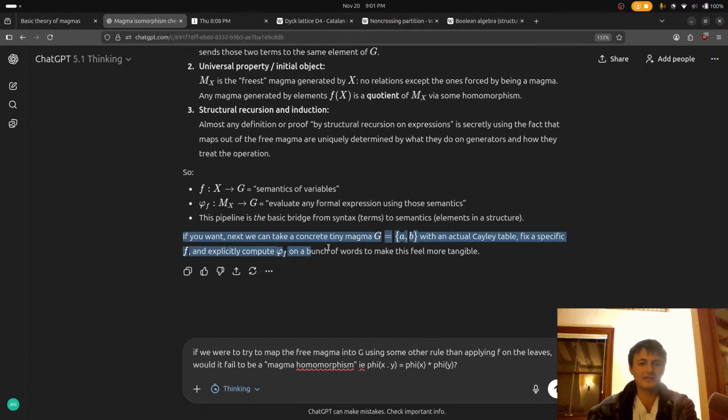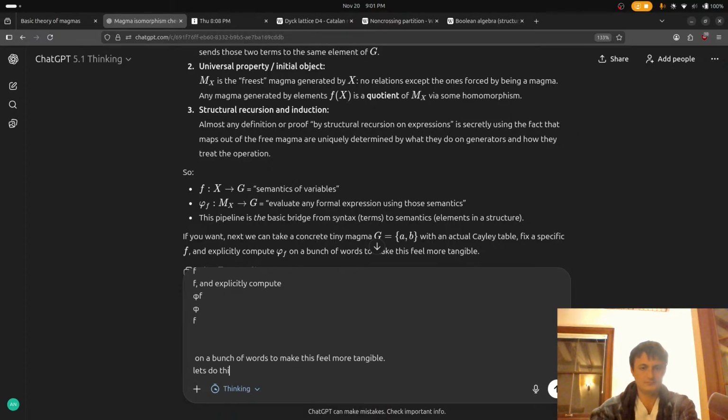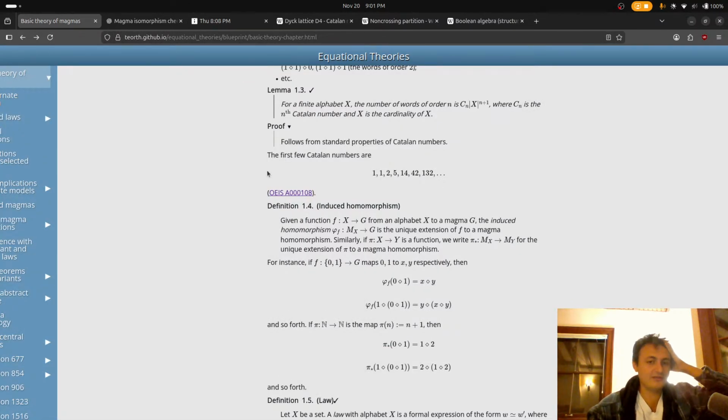Actually, I would kind of like this. I feel like I have to do a lot of examples. I'm pretty slow when it comes to definitions.